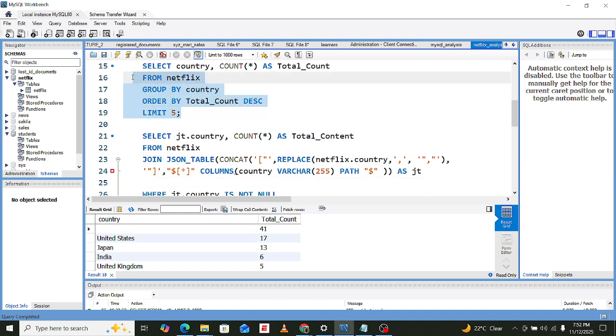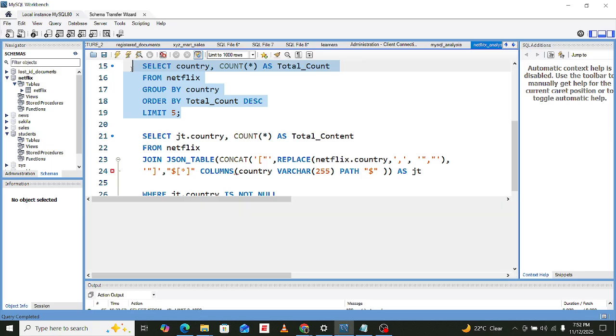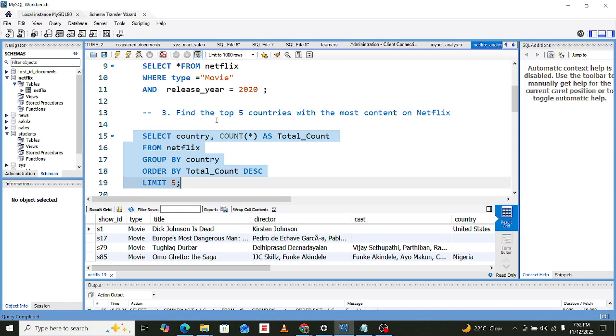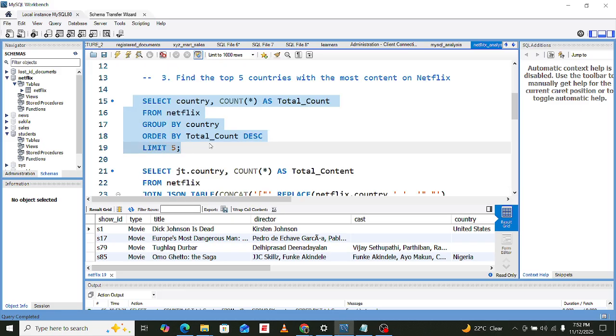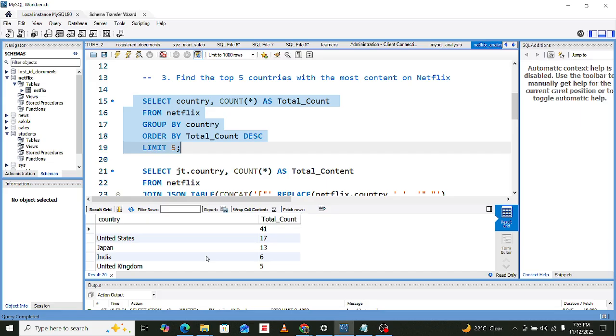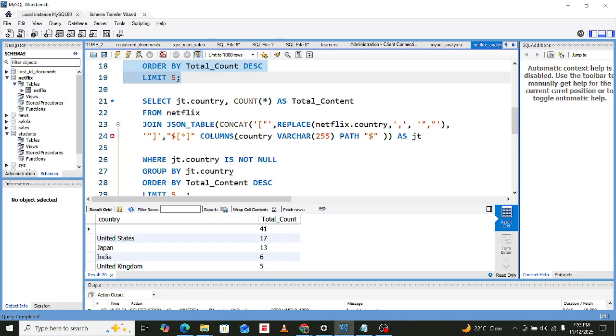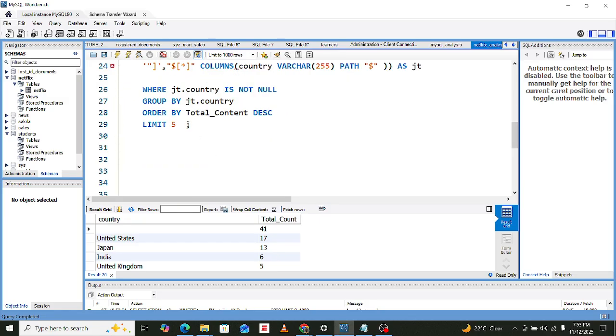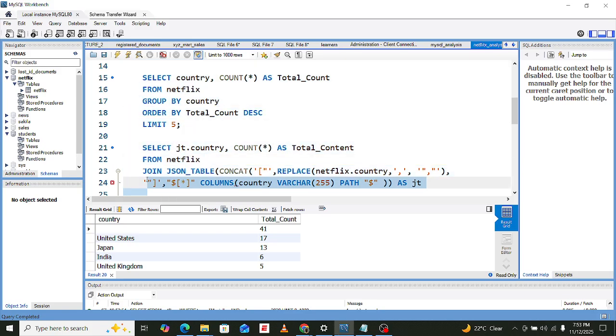US was given. Let's see this. Select these. Let's execute these first. And the US was given as 41, 17, 13. And this is giving us that is the total, but it is not running. I think it shouldn't be running.